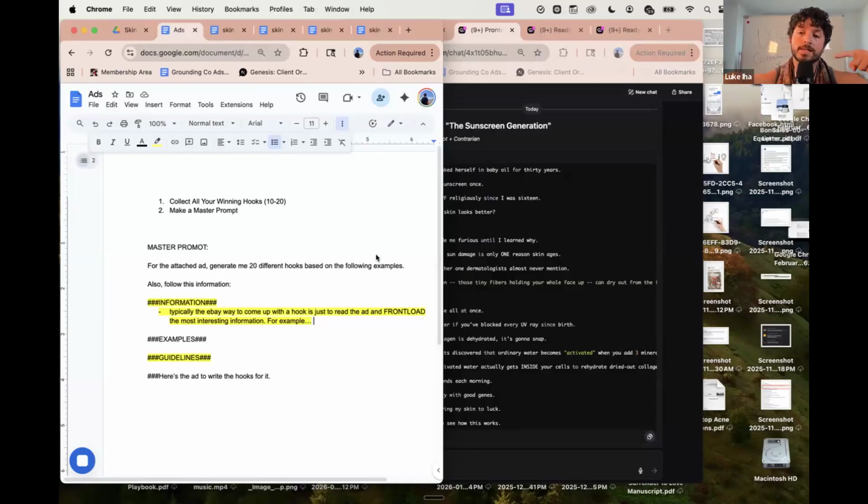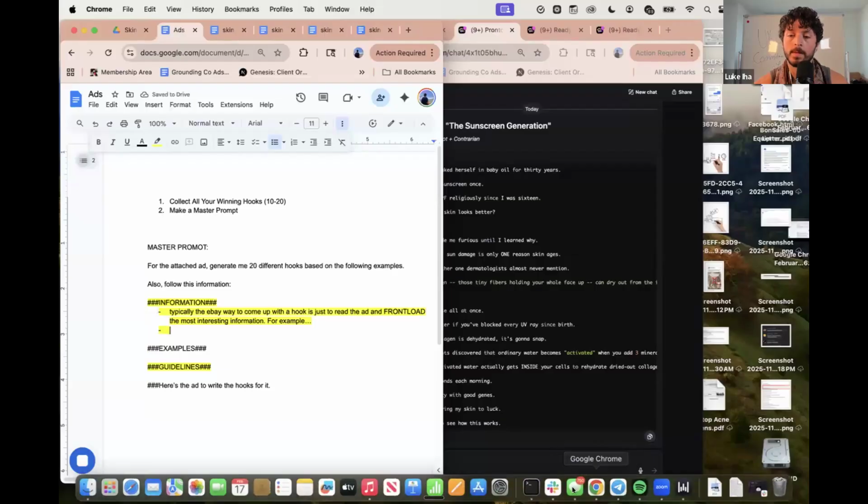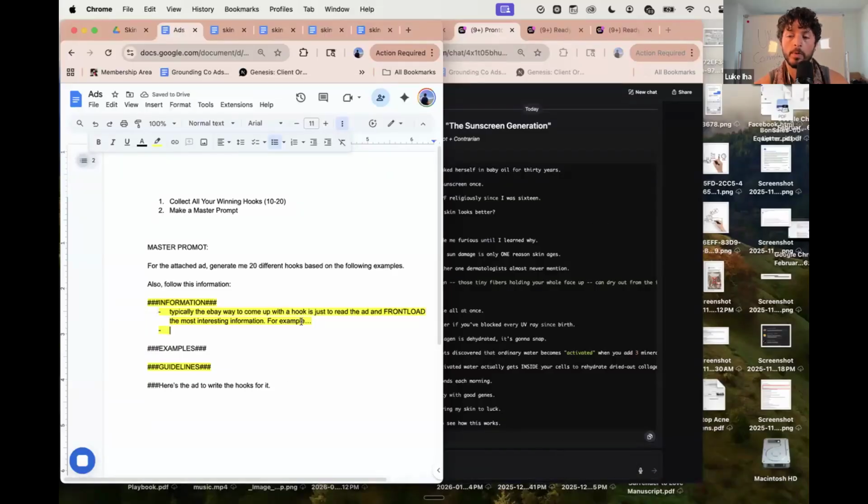What's great with this process is as you iterate with the client, you get more hooks and then you get more feedback, like, oh, this hook was almost there, but it's missing this. What's another piece of information that you might want to give to your bot to help it write better hooks that we covered on this training? Things not to do. Yeah, you could put that in here. Don't do X. But what else? What concept did we cover that would be helpful?